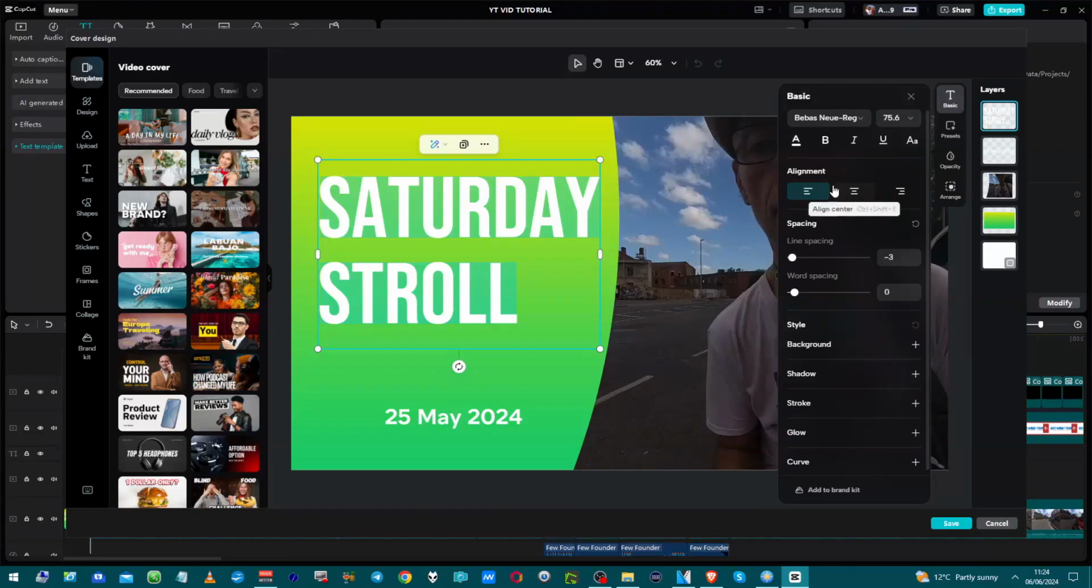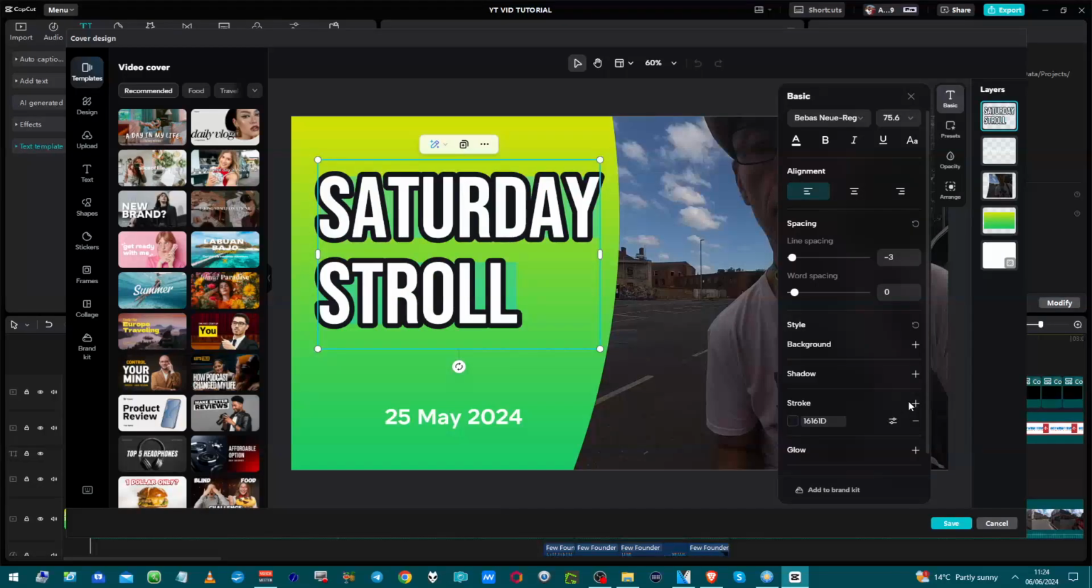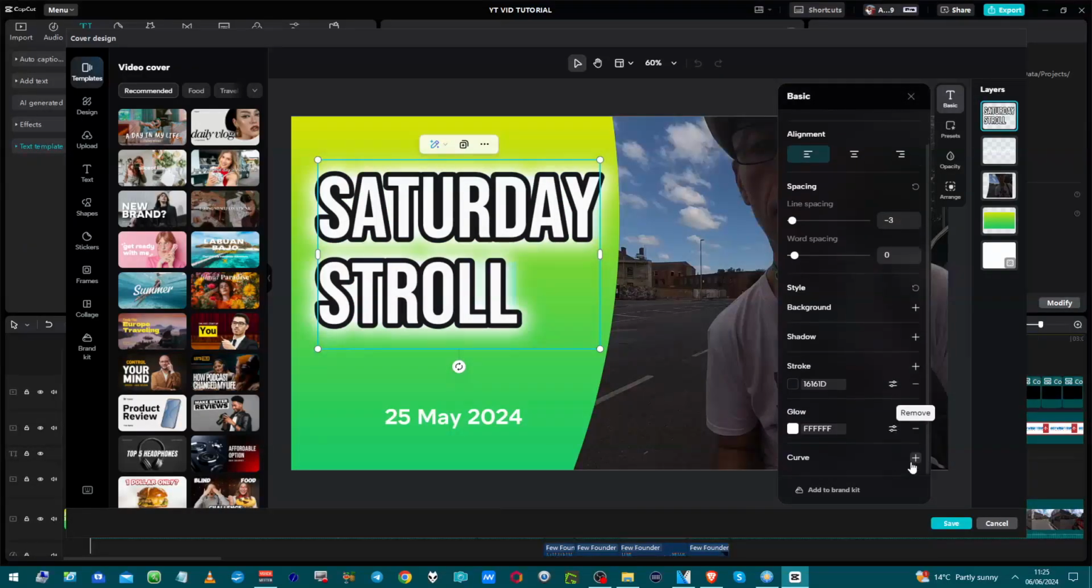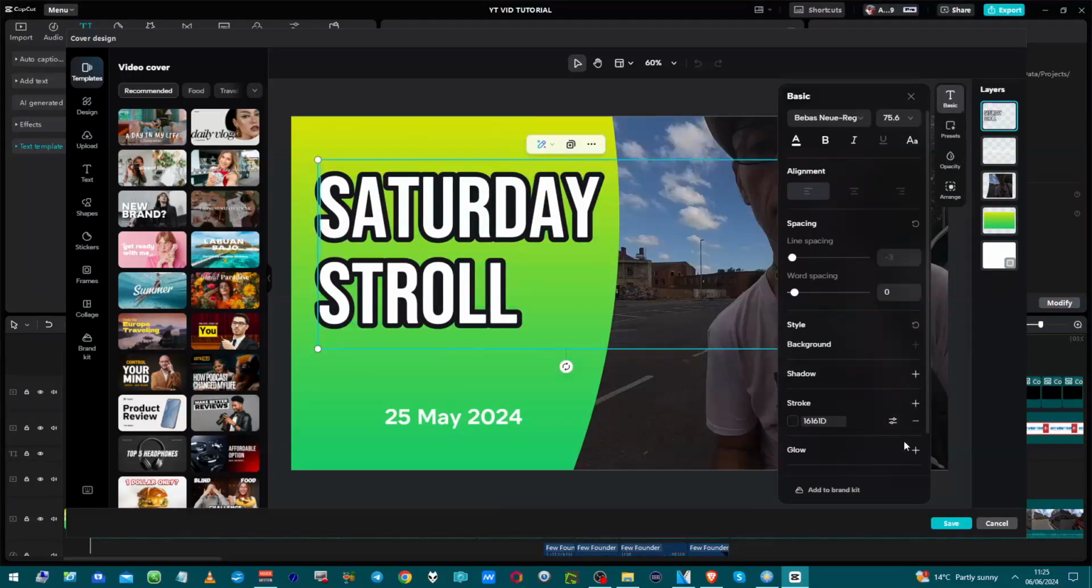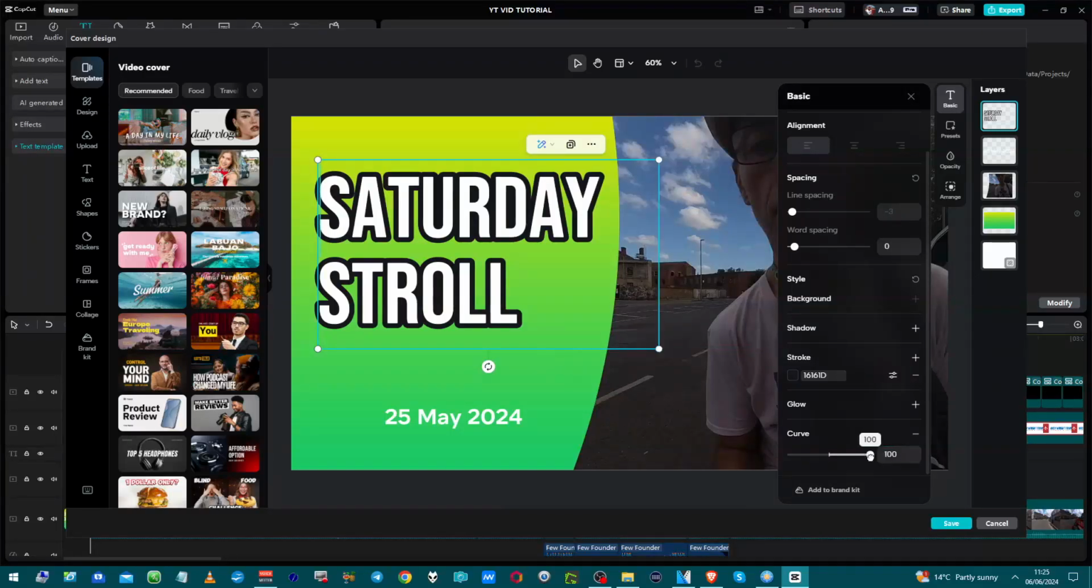you can change the colour, the alignment, line spacing. You can add things like shadow. The stroke is the outline around the outside there. You can choose the colour and adjust it, the width of it, the opacity, you can change all of that. Glow, not really, I'm not a great fan of that. Make it into a curve. It's not actually doing anything, but